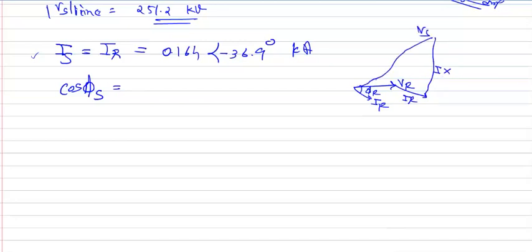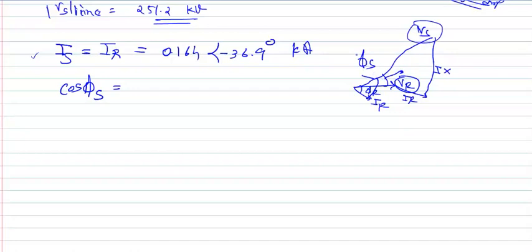So what is the angle that we want? That is the phi s angle. The phi s angle means the angle between this Vr and Vs, right? So this angle is, you can say, the angle that we have calculated for Vs. So this angle plus this phi r, so we have this phi s.